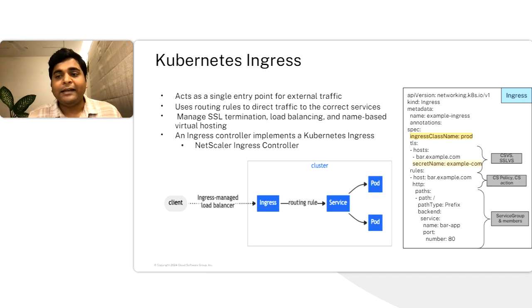As you can see on the right-hand side, here is a sample ingress manifest file, which has important sections. You have to mention the ingress class, and the TLS section, which allows you to specify the host and host details and the TLS secret. Then there is a rule section, which also includes your host and the backend configuration, which is nothing but your applications. In the gray boxes, you can see some acronyms mentioned.